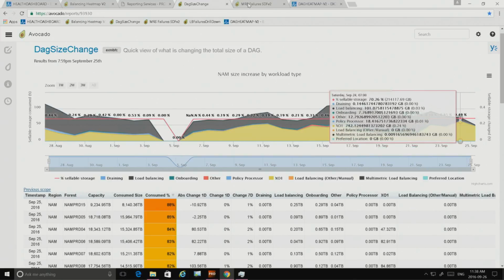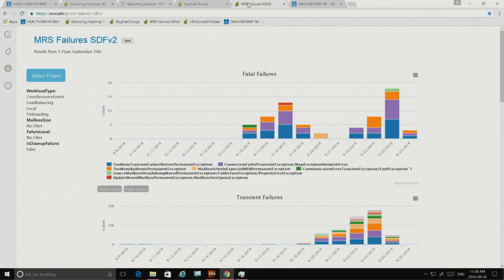The last thing I'll check before I try to dig into the service is the set of failures in this particular forest. What we do is collate all of the MRS move reports, the same ones that you can look at on-prem, and then categorize the content within them to make sure that we know what's going on and how the service might be reacting and failing. If I'm trying to figure out why something's going slow, I look at fatal failures, 15 failures, not too many. But it looks like we're seeing thousands of transient failures in the service, which tells me in that service dog food environment that something is up.